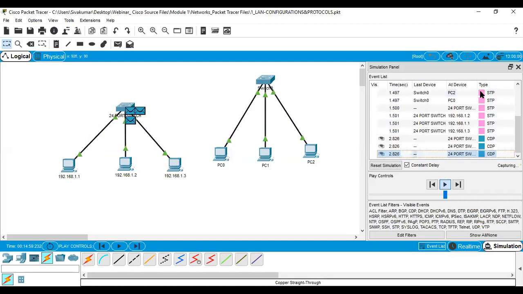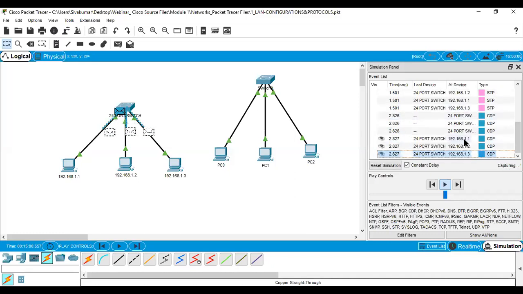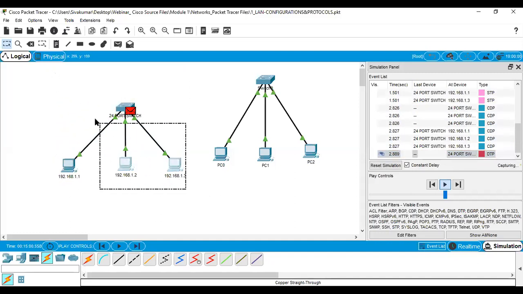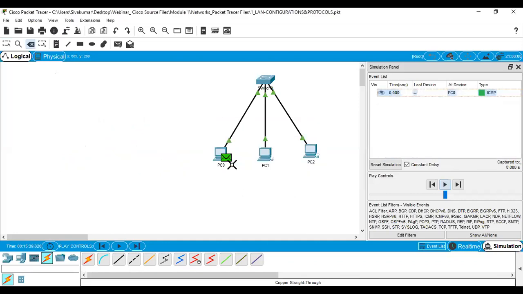ICMP protocols are involved. Then afterwards, at 2.282 seconds, from the 24-port switch, there is CDP protocol available. This already has one example file, so it is also executed. In this manner you can check with real time and simulation time.